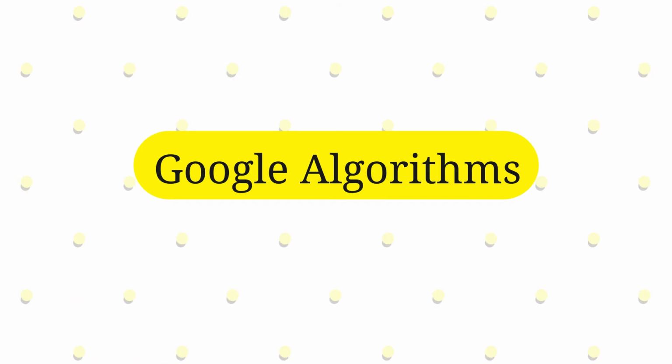The fourth one is Google algorithms. Now here I can talk about any algorithm, but I'm picking Google's algorithm because Google is the majorly used search engine. There is so much content on the internet right now, and most of it might not be filled with enough information, might not be useful to the user, or might be of low quality, or mostly consist of more ads and less information. So Google and its algorithm are trying their best to make sure that whatever results they provide on their results page are actually helpful to the user.